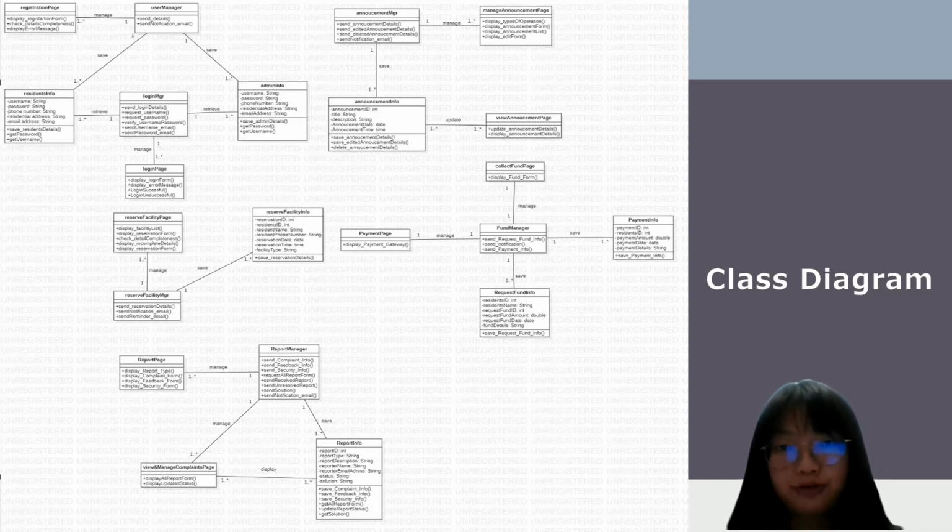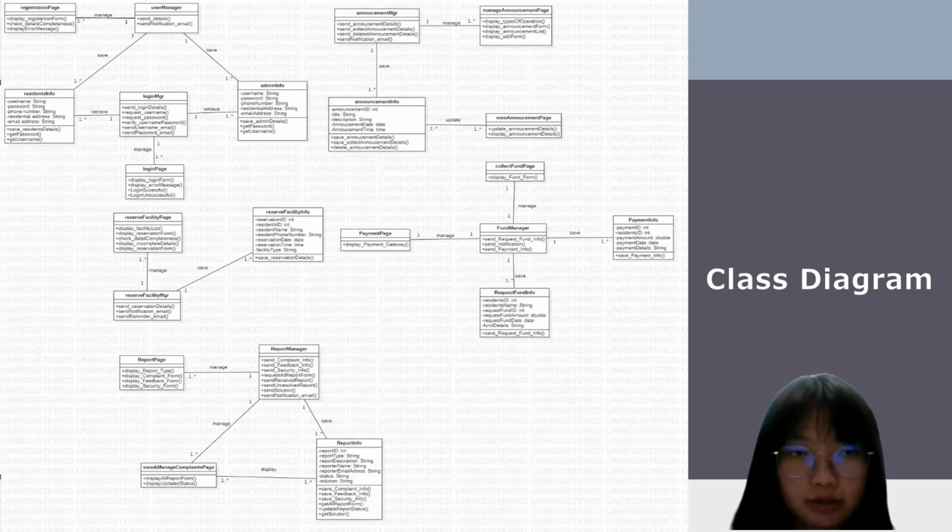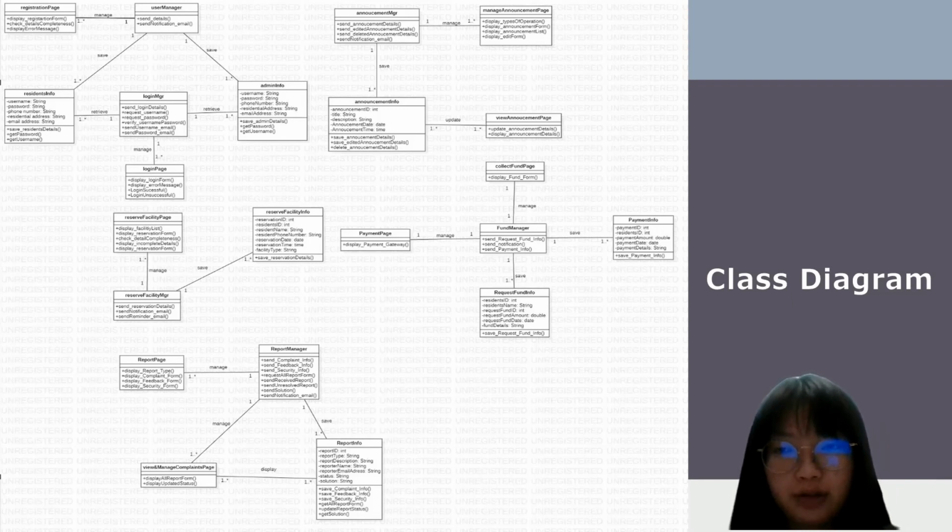The data type for announcement ID is integer, title and description are string, announcement date is date, and announcement time is time. For reserve facility, a reserve facility manager can manage one or many reserve facility pages, and a reserve facility page can only be managed by one facility manager. One reserve facility manager can save one or more reserve facility info, and reserve facility info can only be saved